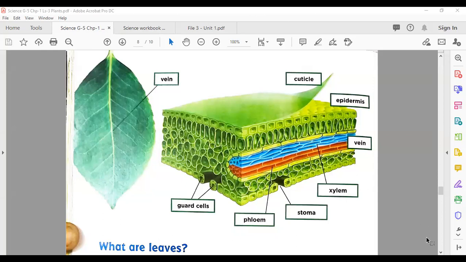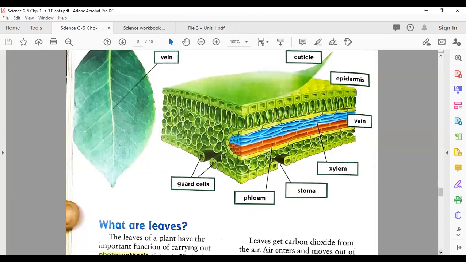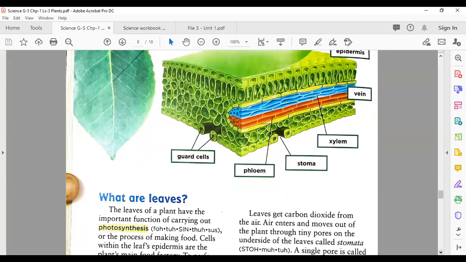Teacher, I don't understand. Okay, no problem, I will explain again. Don't worry, just stay with me. I told you about two things. Number one, the leaf and its cross section. When you cut the leaf, you see these things. These are the cells, tissues, or parts of the cells present in the cell. I will tell you about all of them one by one.